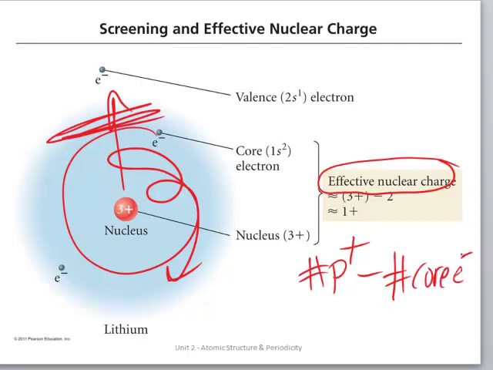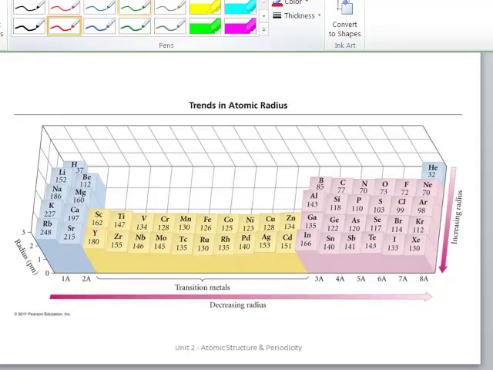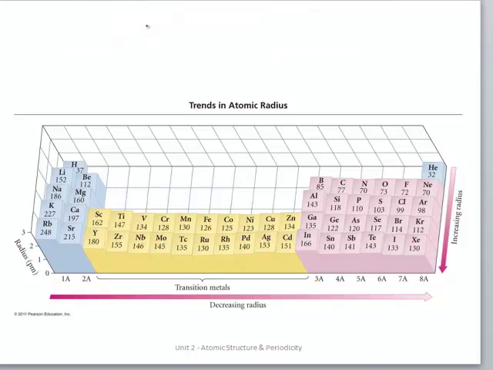Okay, lithium has 2 core electrons, 3 protons. 3 minus 2 is +1. Those valence electrons, or the valence electron for lithium, observes a +1 nuclear charge effectively. Okay, if you do that same calculation for other elements in the rows,